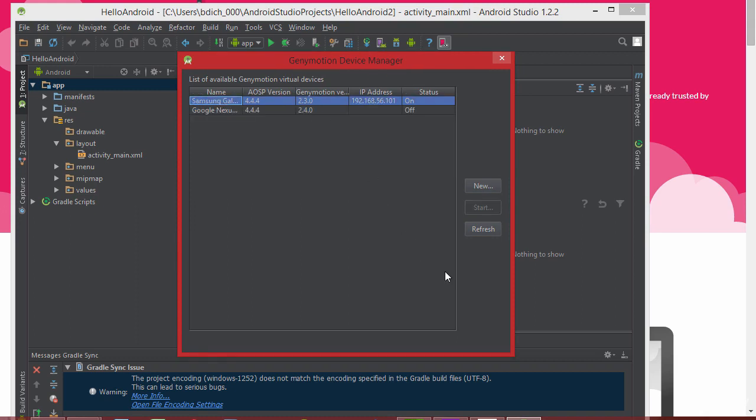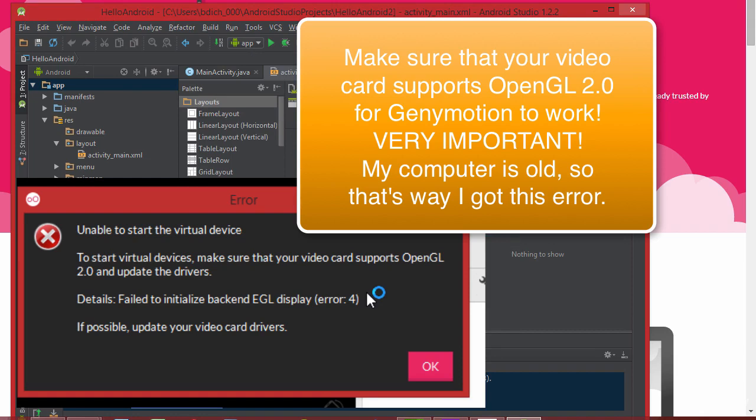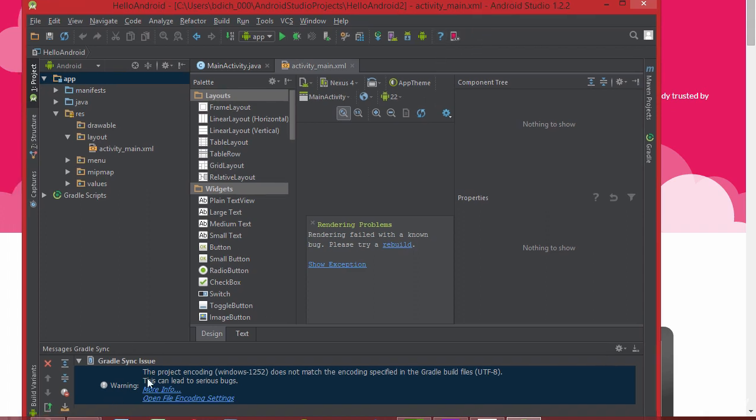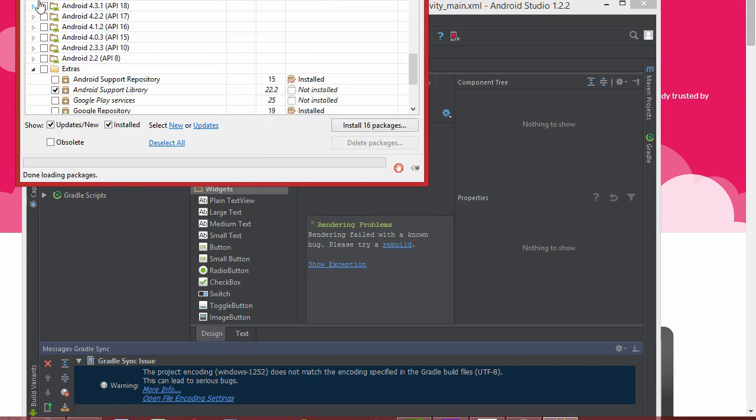But unfortunately, as we saw earlier, this computer is a little bit lower end. So for now, you were able to install the Genymotion plugin, and you were able to get Android Studio installed. And notice also there's a few issues here. One of the main issues you're going to have is this rendering problem here, and one of the ways to solve this is to go to SDK Manager. So click on that. Essentially it means we need to install other API levels a little bit lower, such as, for instance,